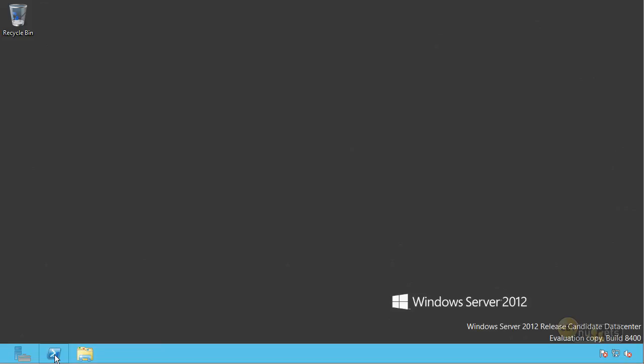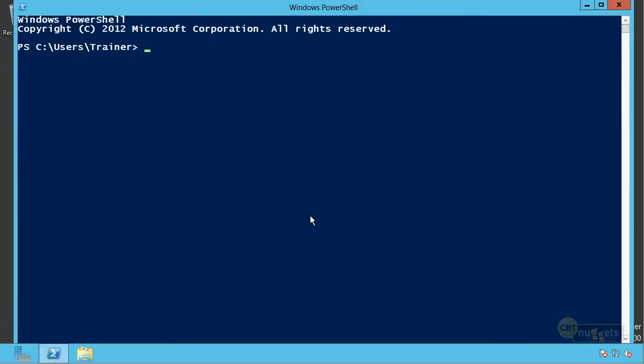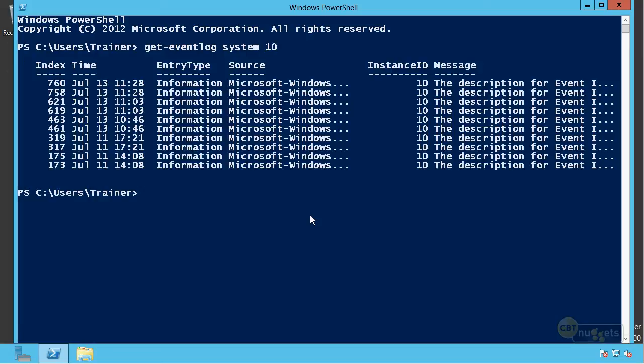And you can see that there's a PowerShell item down here at the bottom. If you click on that, it opens up a Windows PowerShell prompt, or really this is a console. Now, what kind of things could I do here? Well, I could do Get-EventLog. This is just an example of how you can use this. And if I don't specify, it's going to ask me what event log I want. So I'm going to type System, for example. And I could even say I only want the last 10 items that appear in the system log. Well, see, now I've used PowerShell to be able to get this information for myself.